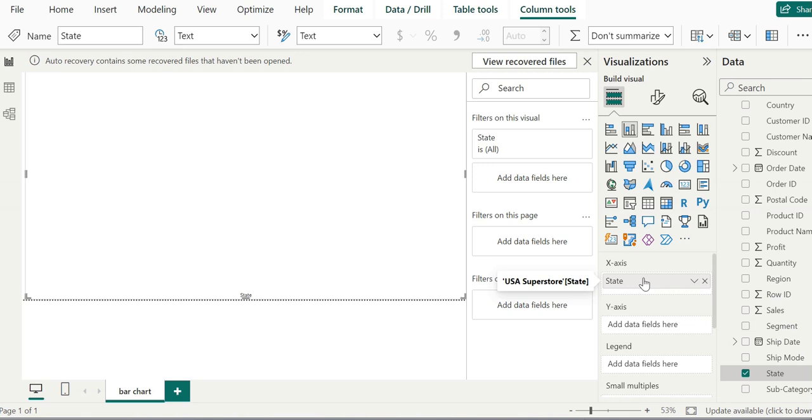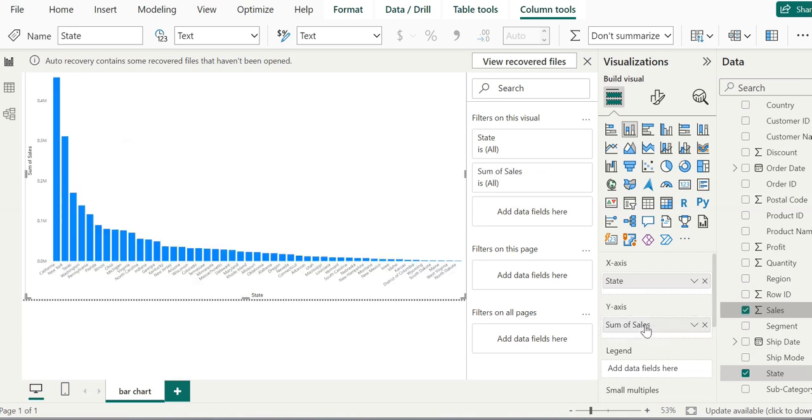Now we will choose the next thing we want to visualize. We want to visualize the Sales field from the list on the right, and we will just drag and drop it into the values of the visualization. It may look different for different versions of Power BI, so you have to check accordingly. It may have a little variation, but not too much. Now we will see that the values contain only Sales.